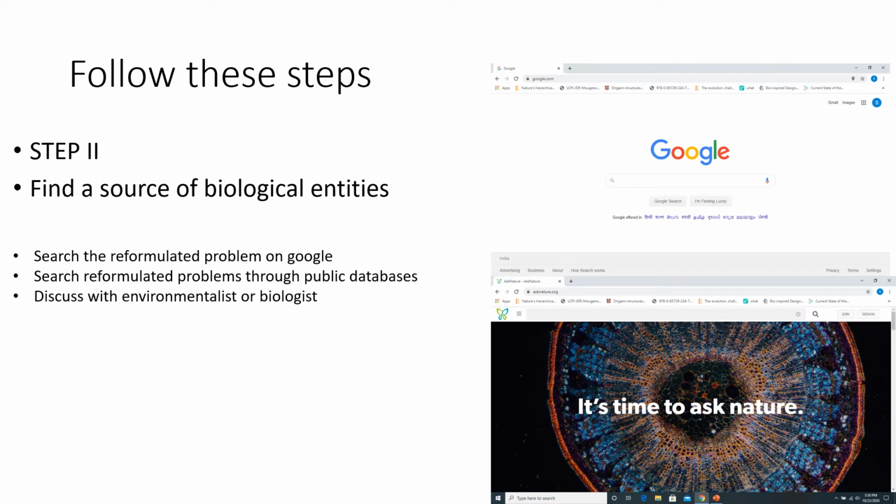So over here you have to search the databases or Google with the reformulated problem. Then you need to go through these databases, and you can also discuss it with a biologist or an environmentalist.